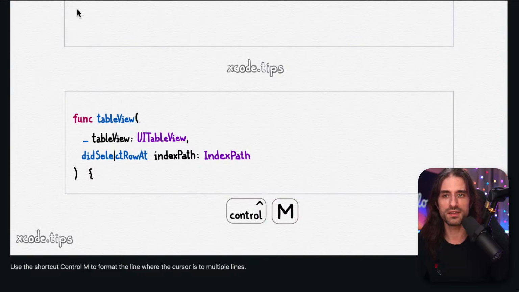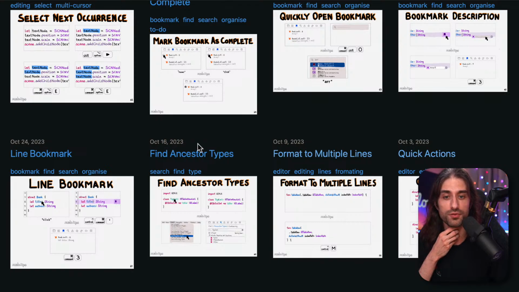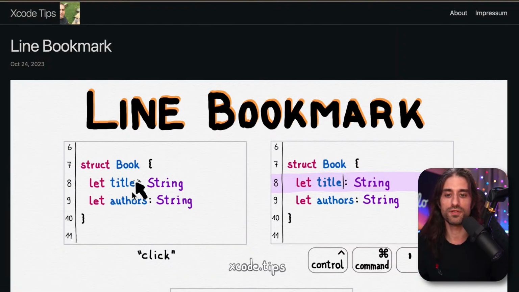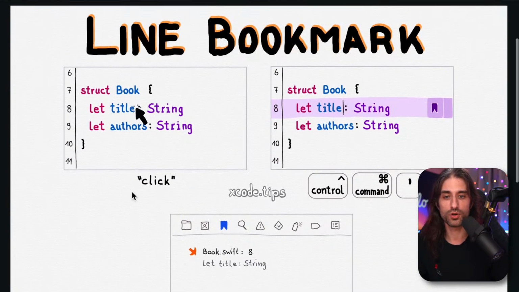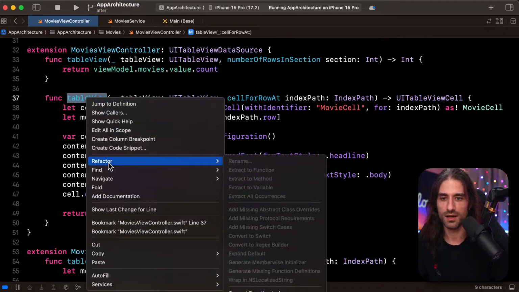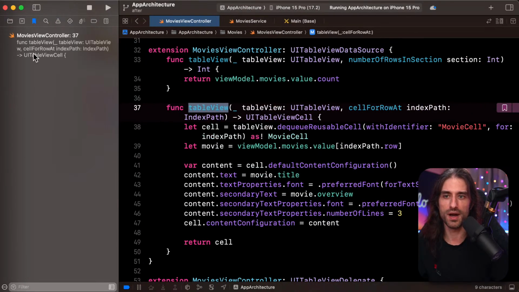And we're getting into quite recent tips because these are features added to Xcode this year. So yeah, October 16th, 2023. So we're getting to really recent features. Another feature of Xcode this year is to be able to add bookmarks to your code. So you can do a click and then Control Command and quote, or I think you can just do a right click, create bookmark. So like here, for instance, right click, bookmark, and then it puts your bookmark here.